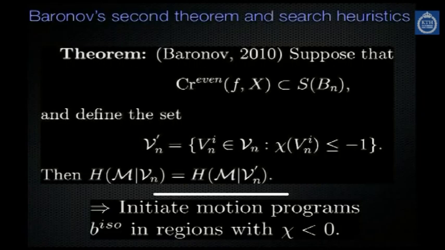So, having said that question, the answer is, well, yes, you can do that, and that's kind of the subject of my talk. The key is to keep track of the Euler characteristic of the elements that you have in the data-induced partition. And the more negative the Euler characteristic is of a cell in this partition, the more likely it is to give you useful information about the topology. All right, so